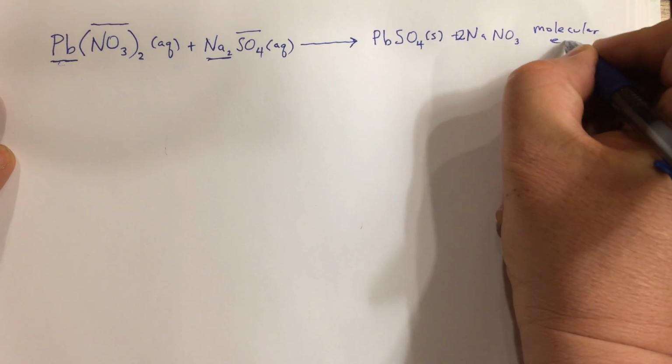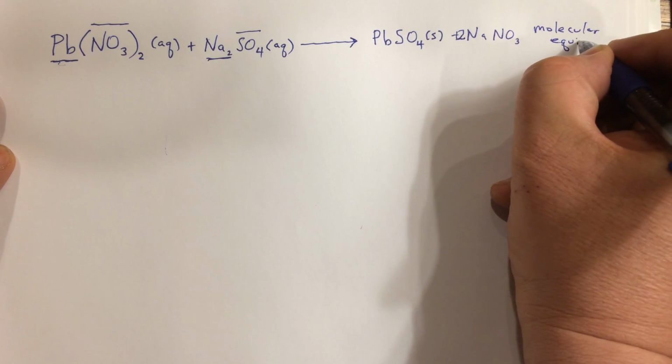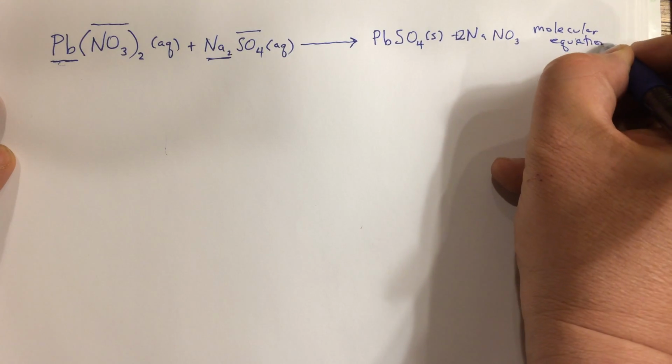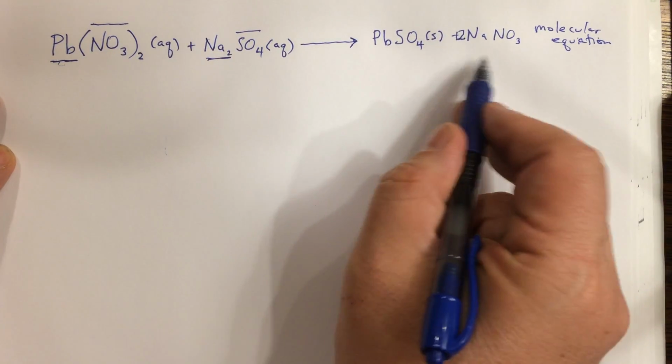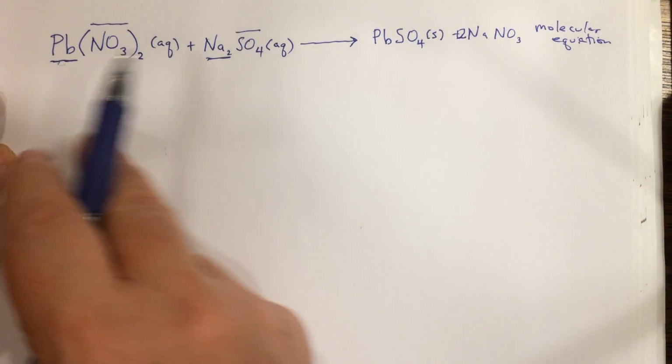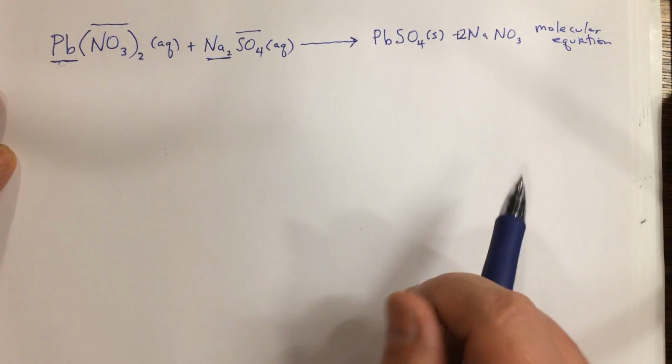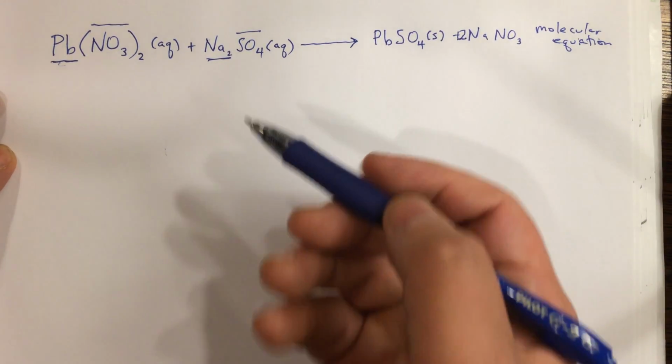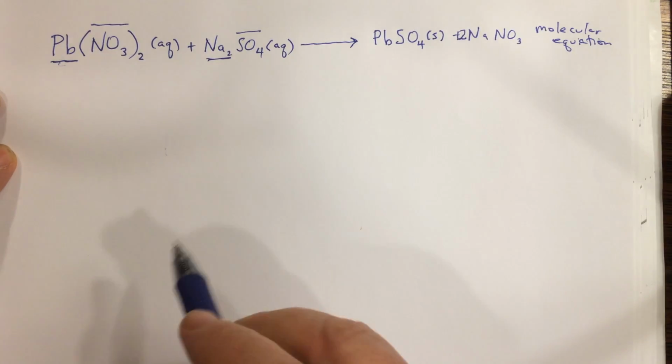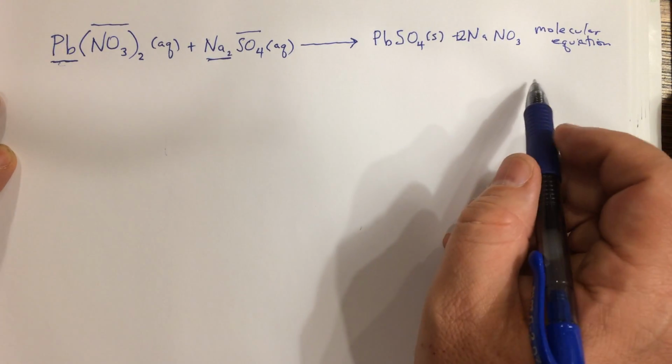Molecular equation, because an equation, remember, you're going to have reactants and products, and it's balanced. And these are all the molecules that you're going to have. That's a molecular equation. The first thing we're going to do here is we're going to break everything up that's